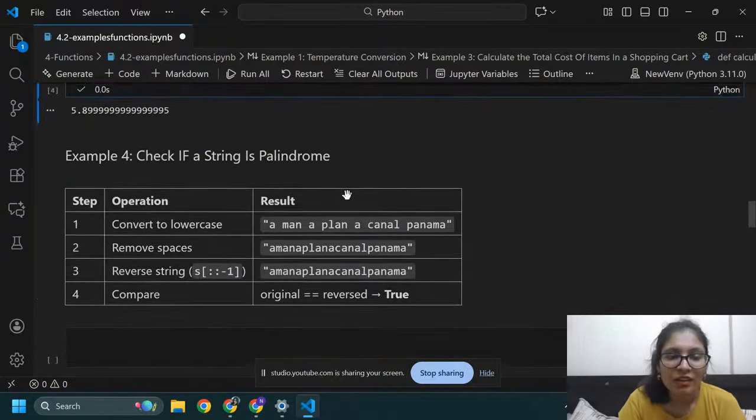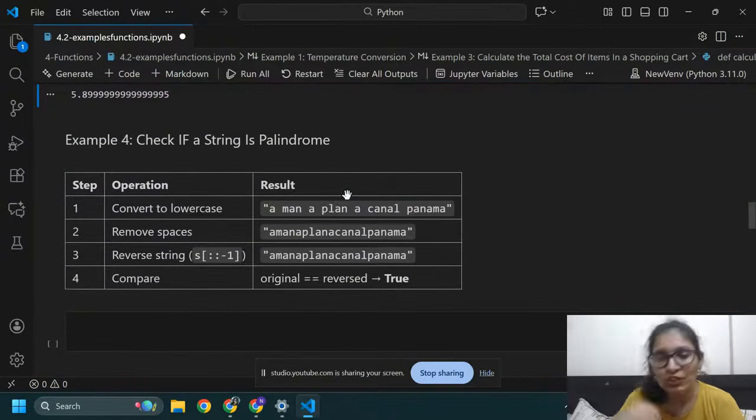Okay, now I am going to write code to check if a string is a palindrome. First of all, I need to convert the string into lowercase. So I have a string like "A man, a plan, a canal, Panama." Then I need to remove space from this string. After removing space from this, I will get